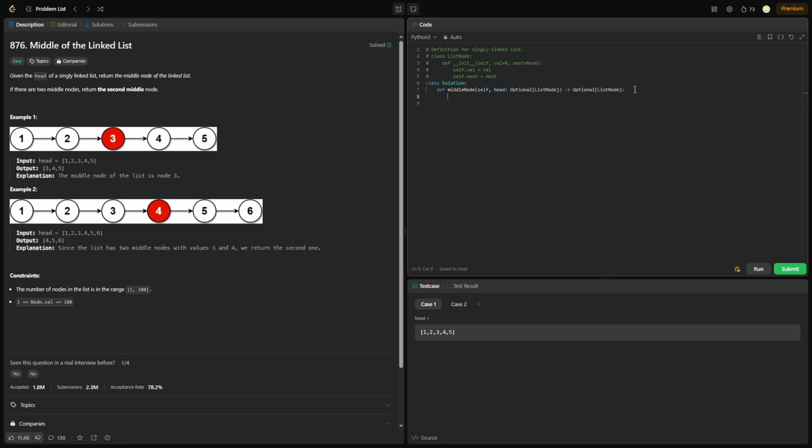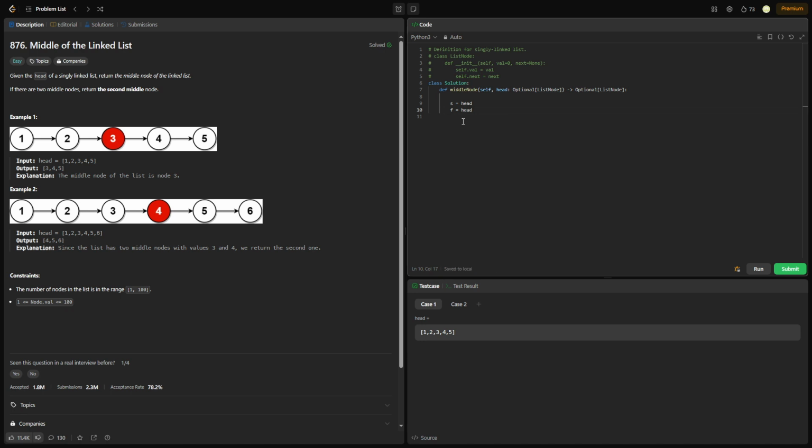Okay, and so when I say we have to solve this problem similar to the linked list cycle problem, what I mean by that, of course, is we're going to use the tortoise and hare algorithm, AKA the slow and fast pointer technique. So we're just going to call our slow pointer S, and the fast pointer F, and we have to set both of them to the head node, because that's our starting point, and we have to get to the middle of the